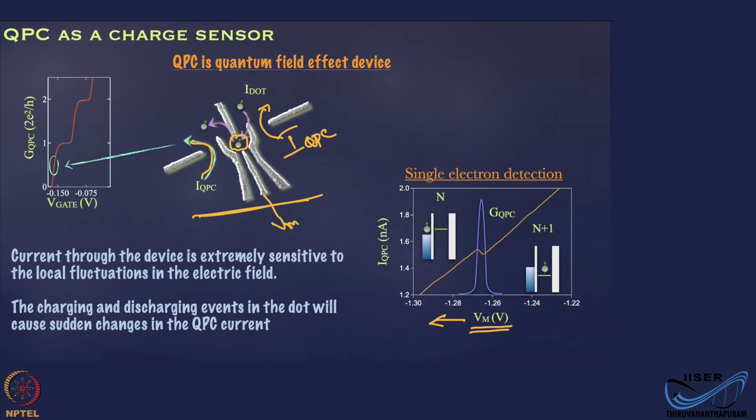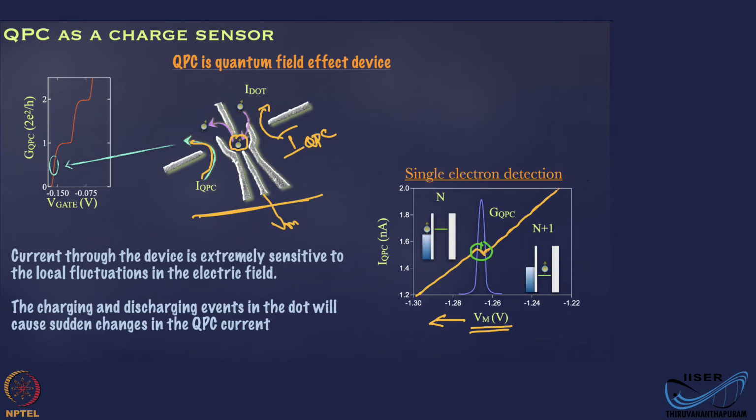So this event of the electron tunneling out of the dot is going to put a small change in the conductance of the QPC. So here this curve shows the QPC conductance, and the small bump in the data here is due to the electron tunneling out of the dot. So that is a signature that you are going to get in the QPC conductance when an electron goes out of the dot. So on the right side of this bump, you have the electron inside the dot. And on the left side of this bump, you have the electron outside the dot.